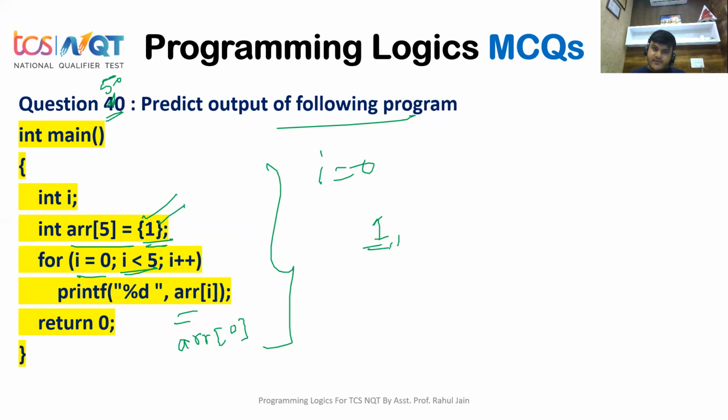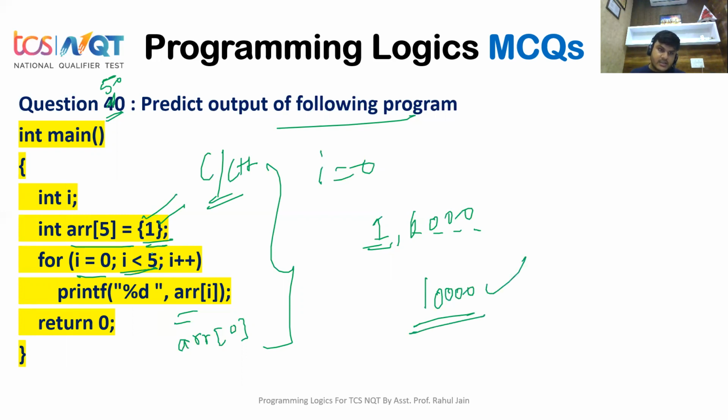So initially it will print 1, but in the next locations, do we have any value? No. So by default the C compiler, by default C or C++, in that condition, will place 0. By default they initialize the value with 0. Hence 1 0 0 0 0 would be printed, because this loop will run 5 times: 0, 1, 2, 3, 4, and on 5 it will come out of the condition. So 5 times it would run. First time it would print 1 and the next 4 times it would print zeros, right?